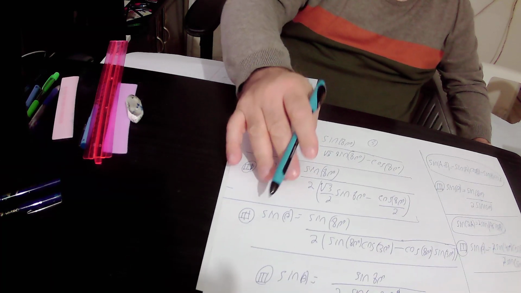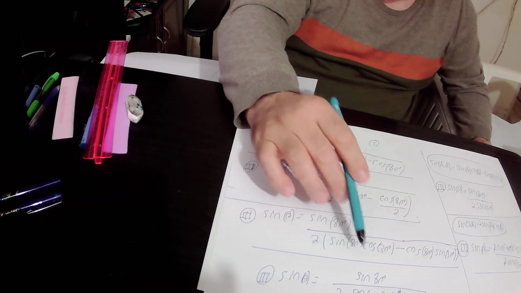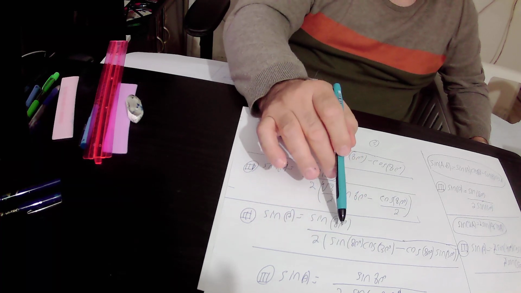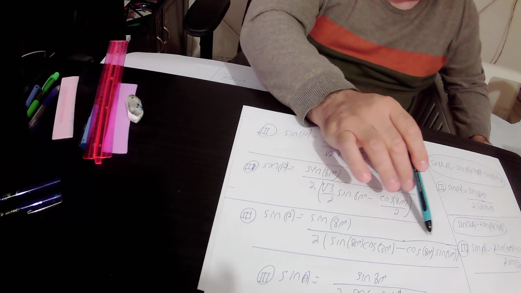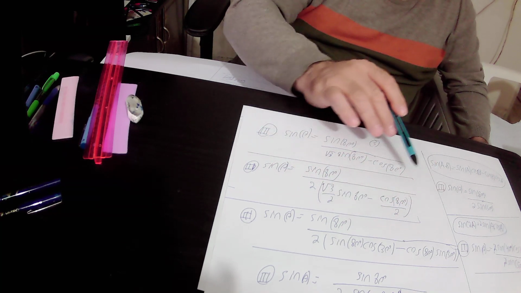And we got that sine theta equals sine 80 degrees over this expression, sine 80 degrees cosine 30 degrees minus cosine 80 degrees sine 30 degrees, which is actually